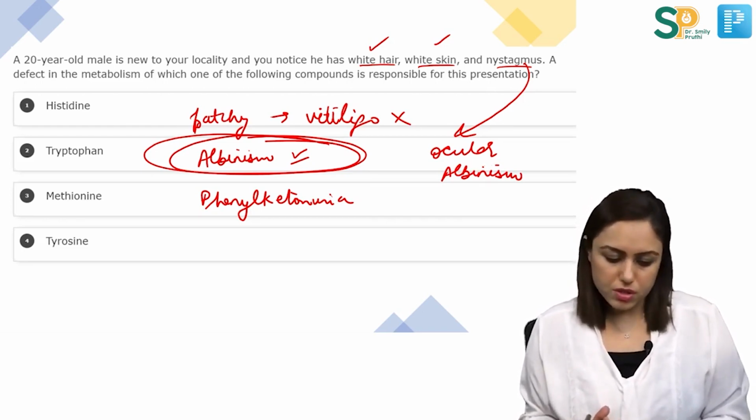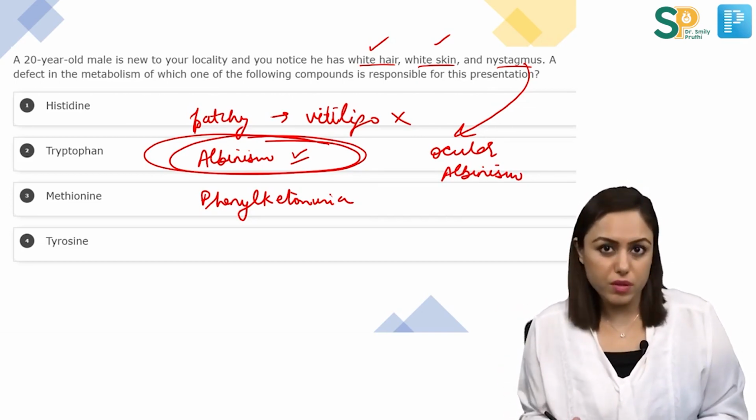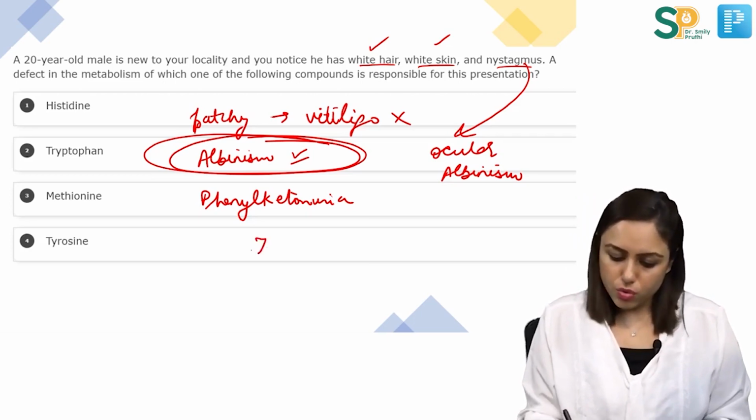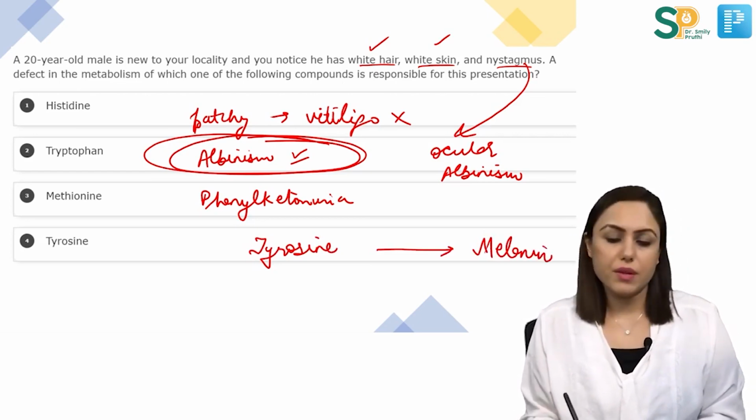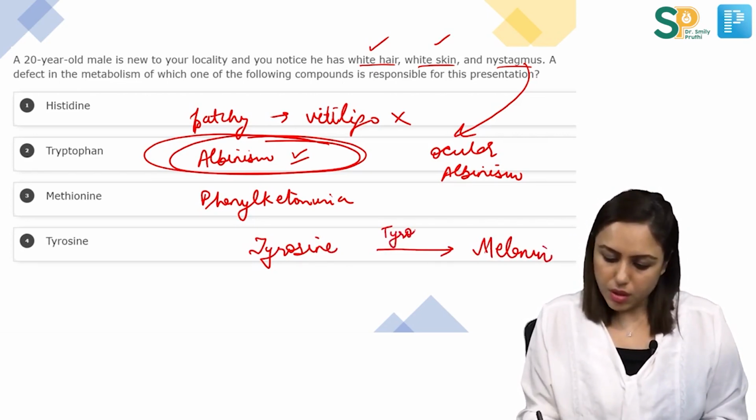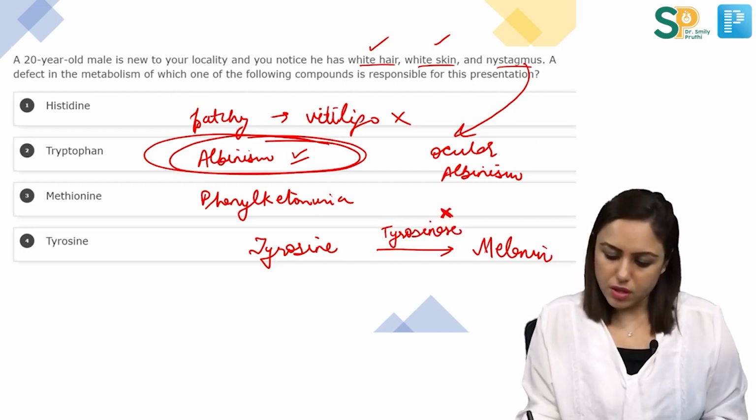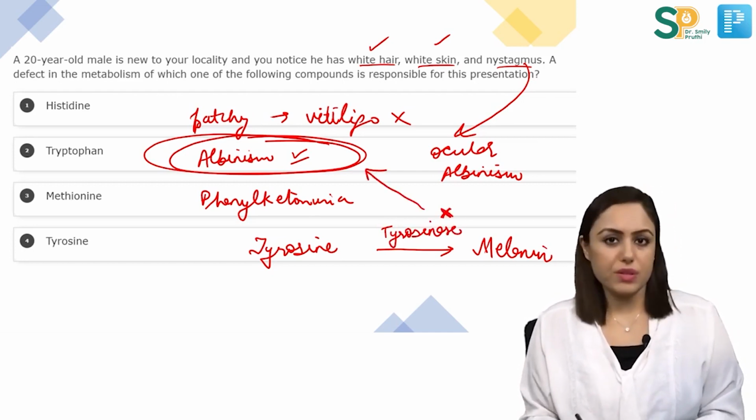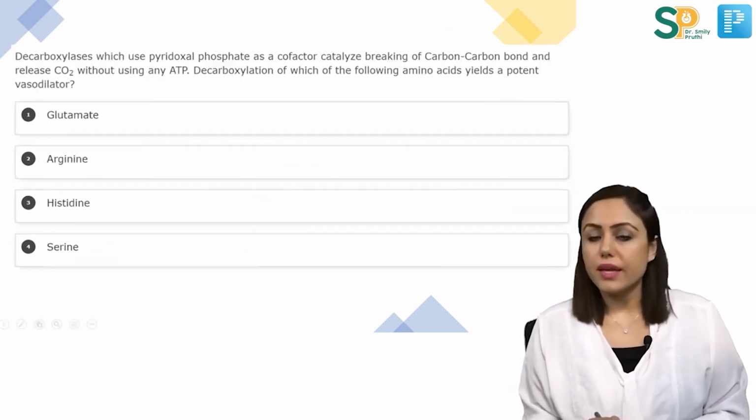And the question asked is a defect in the metabolism of which of the following compounds, and the amino acids are given, right? So, you know that tyrosine is the amino acid which forms pigment melanin, and the enzyme here is tyrosinase. Defect in this enzyme leads to albinism, right? So, answer is tyrosine here, okay. Then next question,